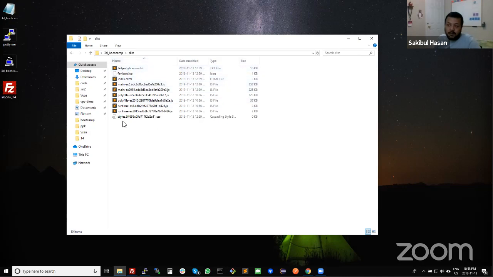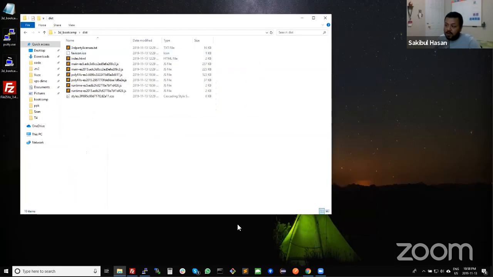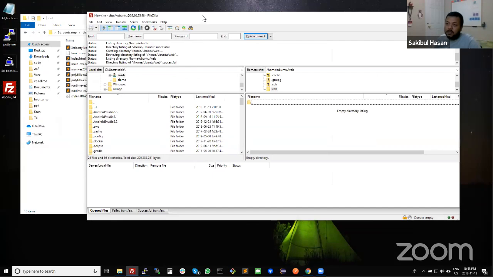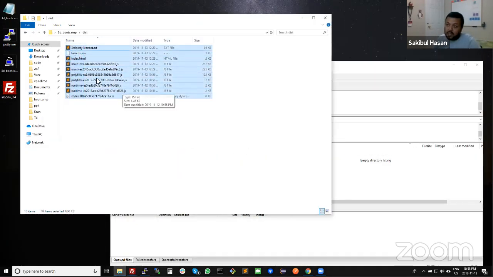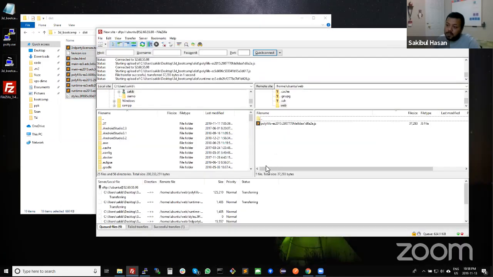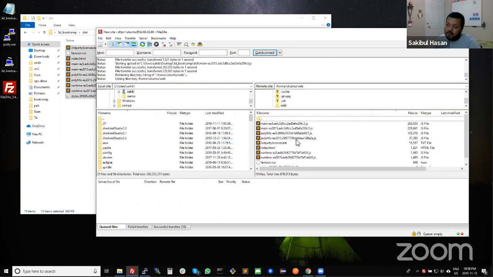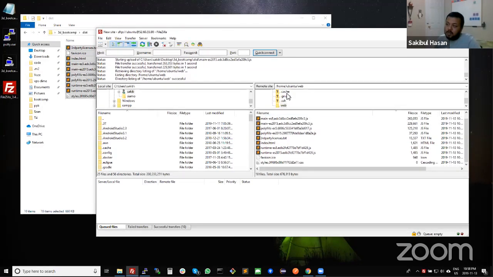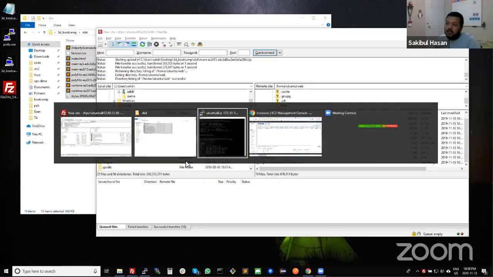All of these files got generated when Iftekhar ran the command ng build --prod. What I'm going to do is put all of these files into FileZilla. It's pretty easy, that's why we're using FileZilla. We select all of them and drag and drop them over here. Now this is going to upload all of the files. See, all of the files are uploaded to this folder, and we can see this if we go to